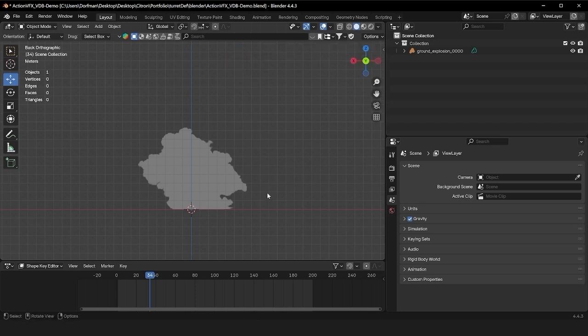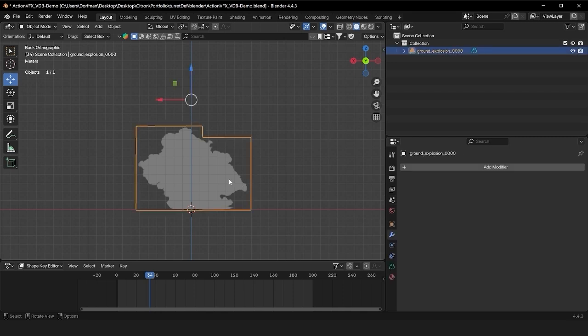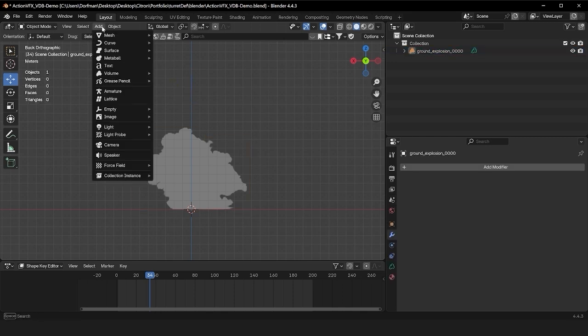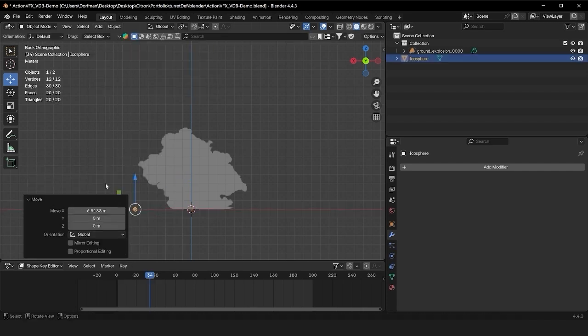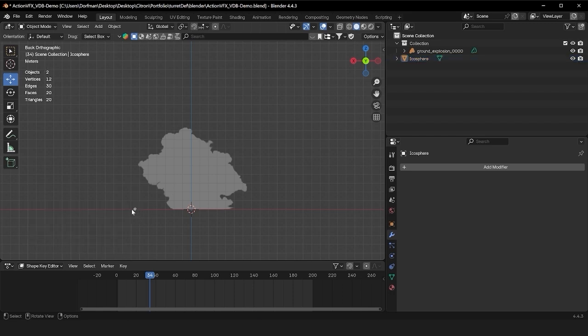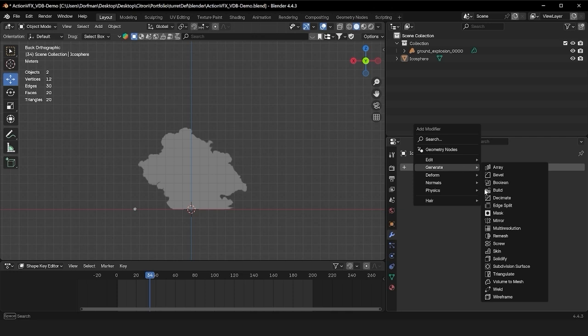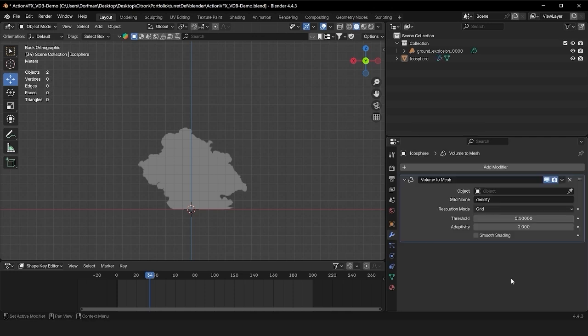Next, you need to make sure you have a VDB or volumetric within your scene, and from there you need to add the mesh, which you will apply the modifier Volume to Mesh. So first you're going to add an icosphere. I set the subdivision lower to 1 and made the size about 1/4 of a meter, and then add the modifier Generate Volume to Mesh. And then select your VDB,